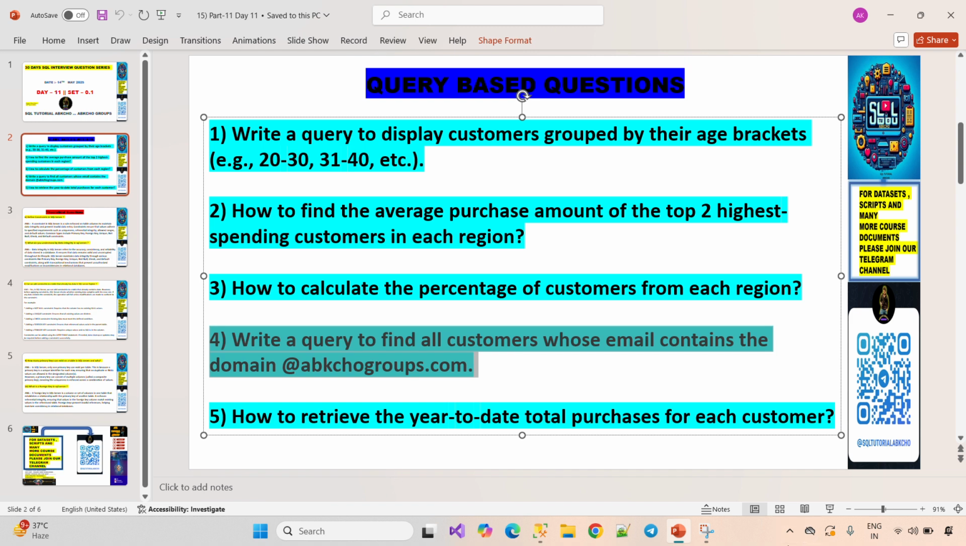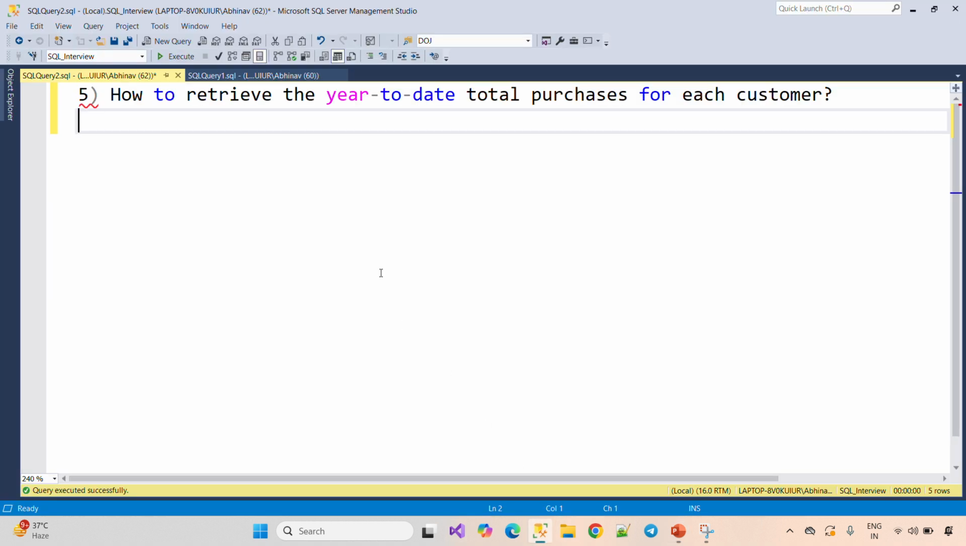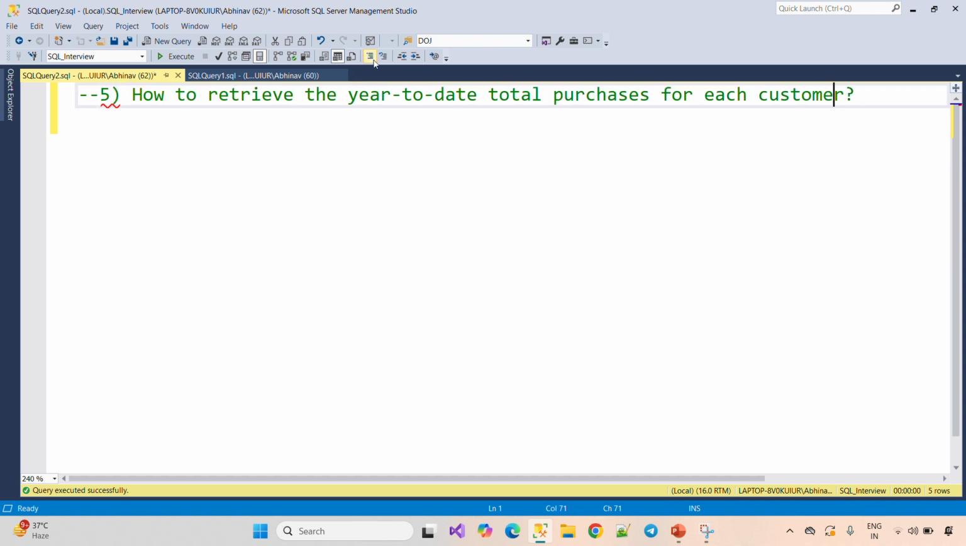So this is basically a simple question, but understanding this question is a bit tough. Okay, because you need to understand what the language is asking from you. This question is telling us to retrieve the year to date total purchase of each customer. Means what is the total purchase of each customer from the beginning of this year till today. Okay, that is the main thing, year to date. Okay, so the query for this will be like